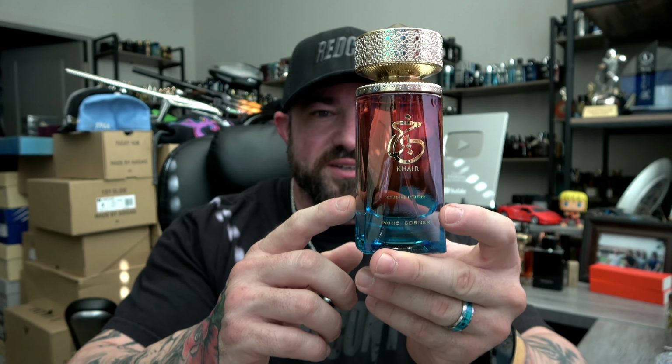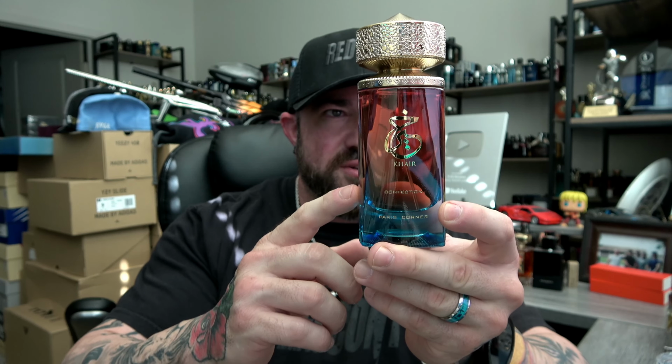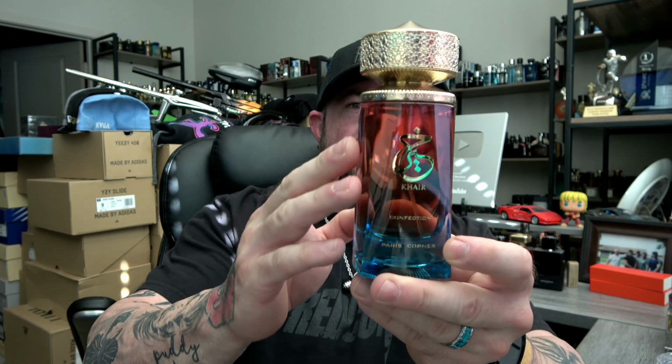The bottle's amazing. Look at that. God, that bottle looks incredible with that gradient from this blue into a faded orangish hue. I mean, it's not really doing justice. Try to get it away from me into that raspberry kind of color. Oh, love the bottle. But if your girl's into creamy, sweet, fruity fragrances,